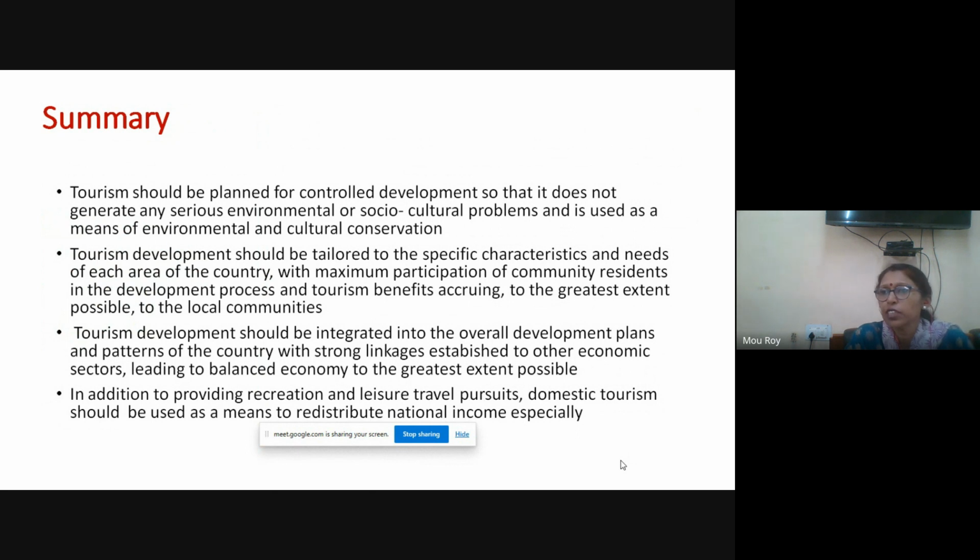See, now when you visit an eco-tourist destination, obviously you will try to interact with the local people. So their participation is very important. Okay, the community residents. If they earn some money, if they are able to lead a proper lifestyle, then only you can say that it is a development process. Otherwise no. So the local community has to be developed. But in our country, what we see, the local community is yet to develop. They are not being properly developed.